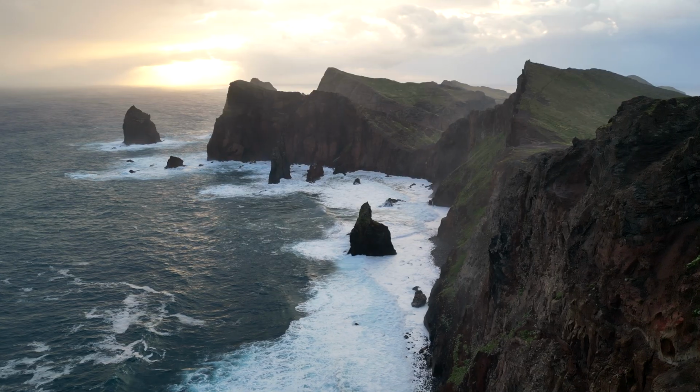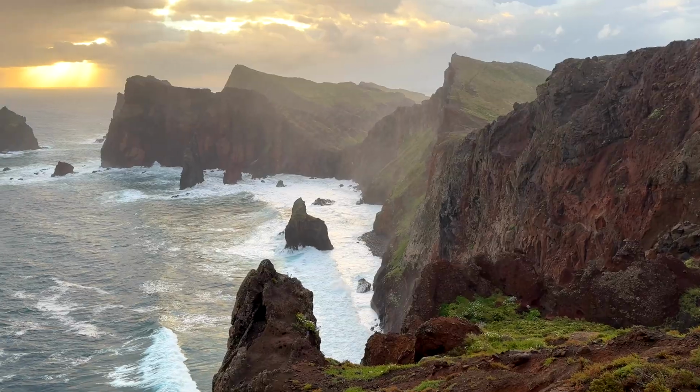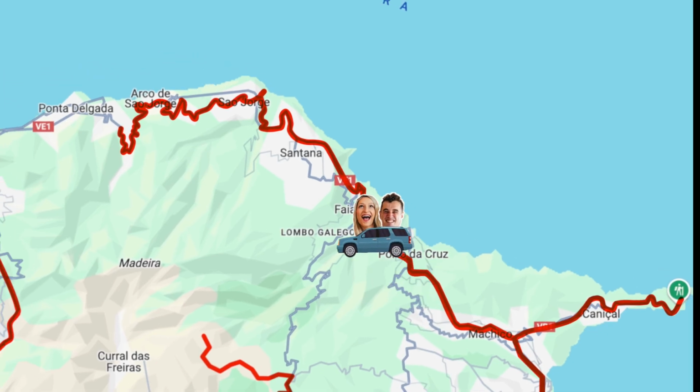When we went, there was actually like a rave going on next to us, which was kind of crazy, but we tried to keep to ourselves. We got up the drone, got some incredible views, and it was crazy that you could see the entire north coast of Madeira. After this, you're going to continue driving along the north coast and check out the old traditional